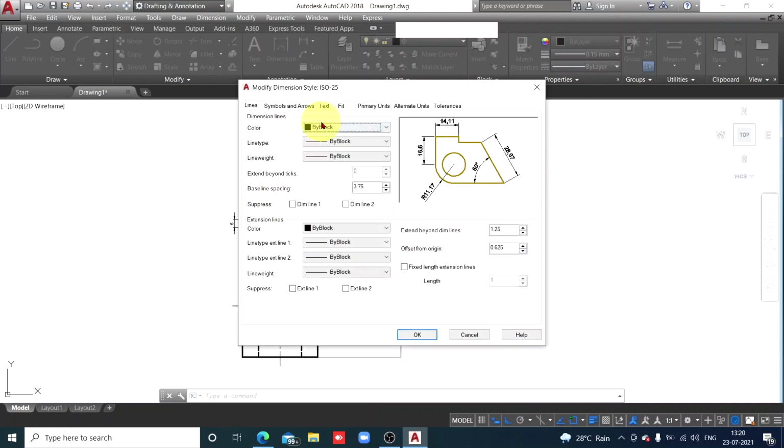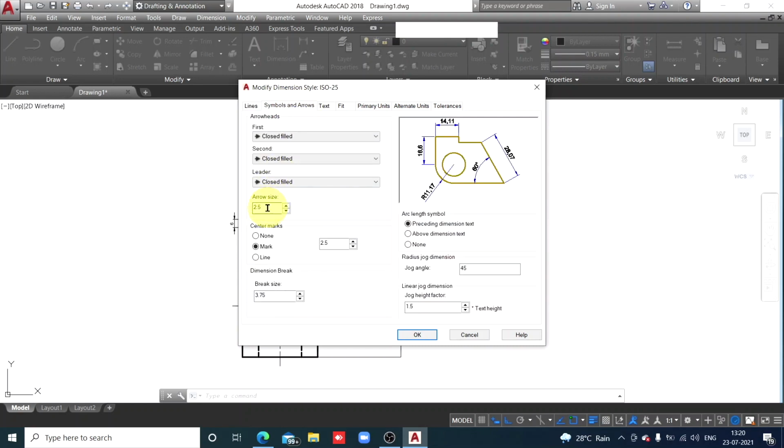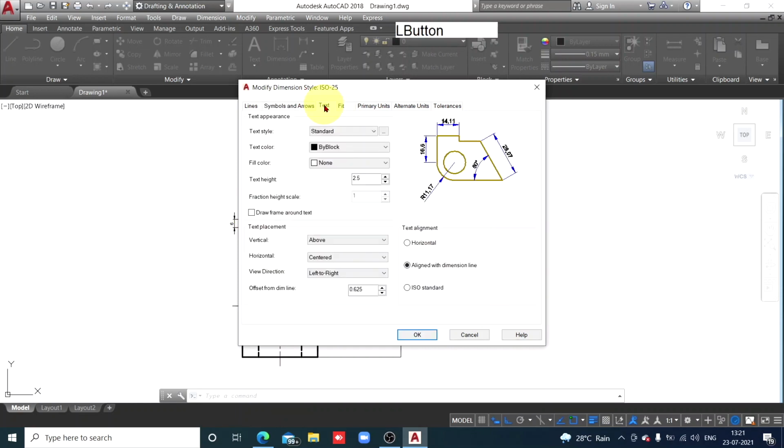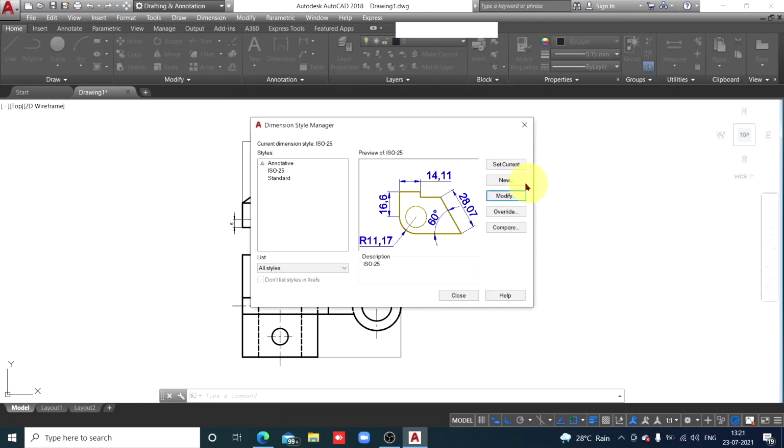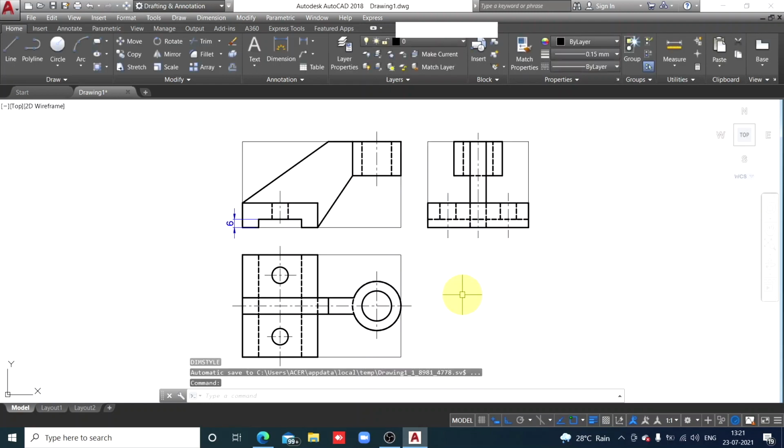Modify. Lines. I'll select blue color for lines. Extension lines also I'll make blue. Then symbols and arrows. Arrow size I'll make 3 or 4. I'll make it 4. Then text. Text also I'll make blue. Text height I'll make 5. ISO standard. So this is how I'll get the dimensions. OK. Close. Okay, so this is how I've entered that 6 millimeter dimension.